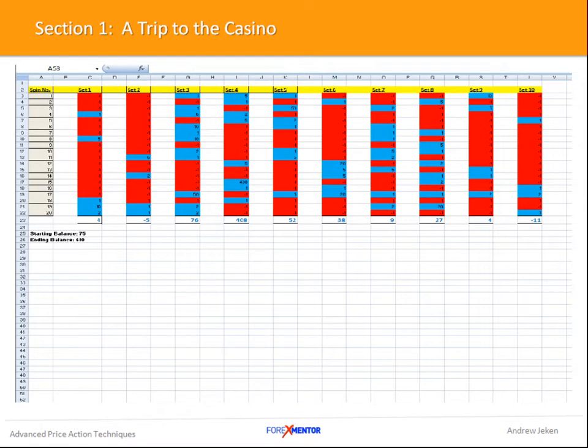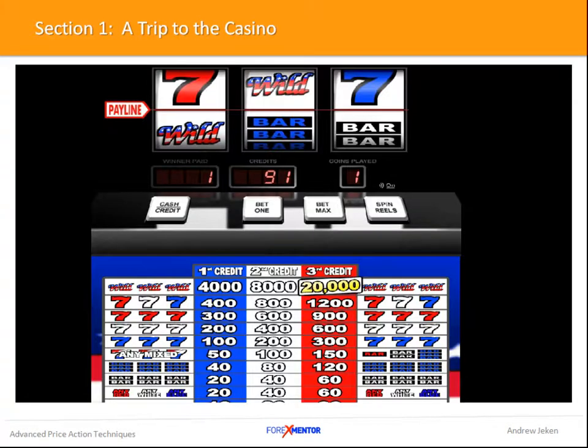So I hope you found that beneficial, and you can always go back, just pick up any sort of online casino and play around with this exercise. This one, I'm not affiliated or anything with this. Just picked up the first one on the internet and played around with it.